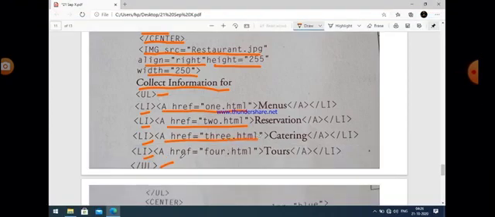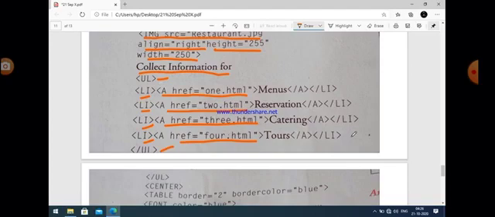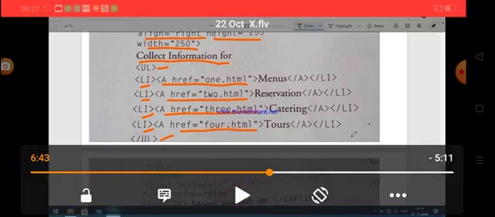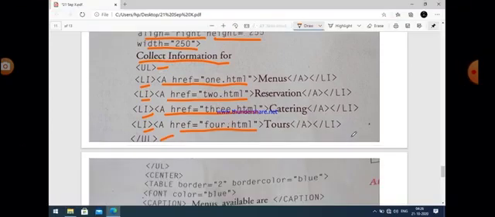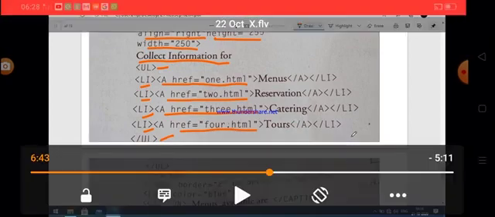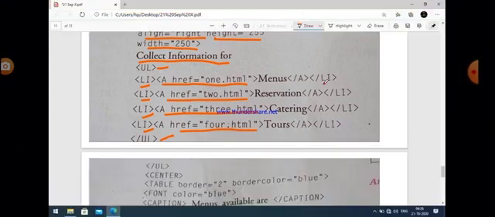You can easily see here menus, reservation, catering and tours. Now menus, reservation, catering and tours are part of the list, as well as being links. You can easily see that within the li tag, the anchor tag is defined. So first of all, the anchor tag should be closed.